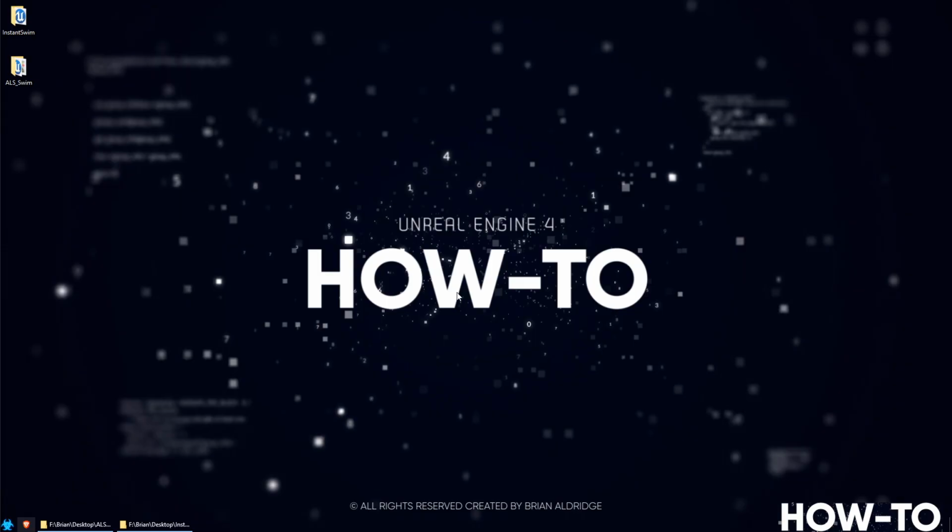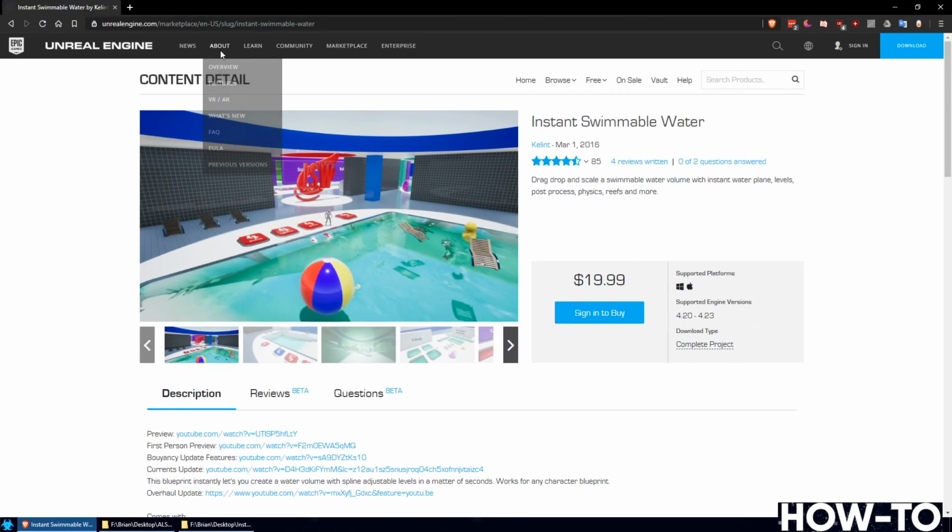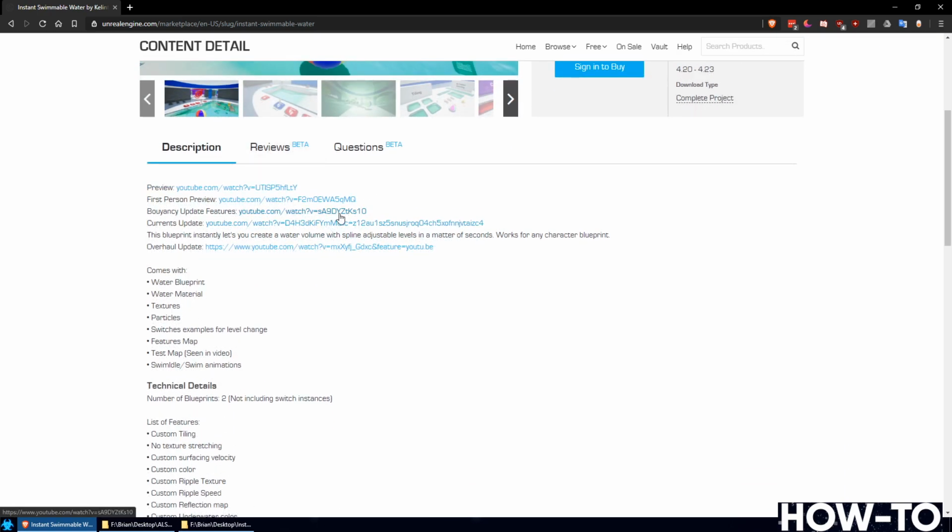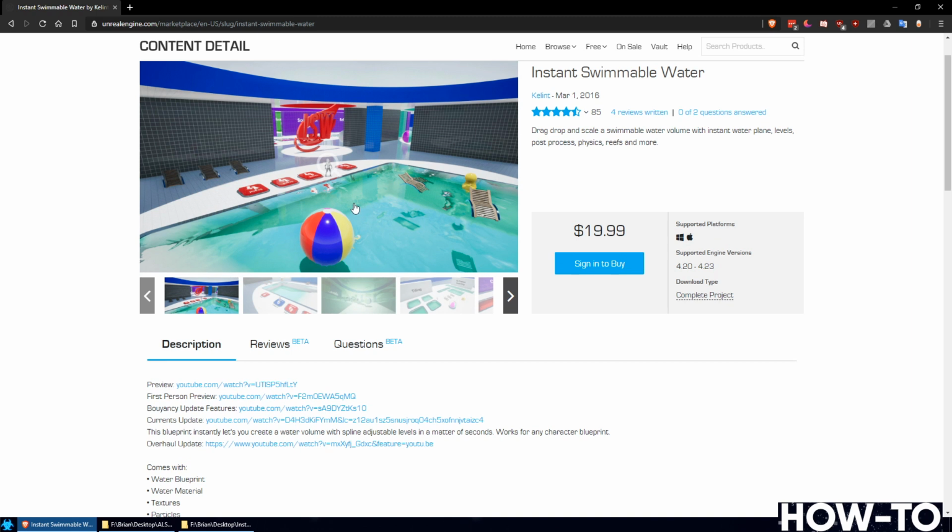Today I'm going to go through the process of combining Instant Swimmable Water with Advanced Locomotion System. If you go to the Unreal Marketplace, you'll see Instant Swimmable Water, and right now it's 19.99. It gives you swimming animations and some code, so that the swimming isn't necessarily built into the character as much as it activates in the water,